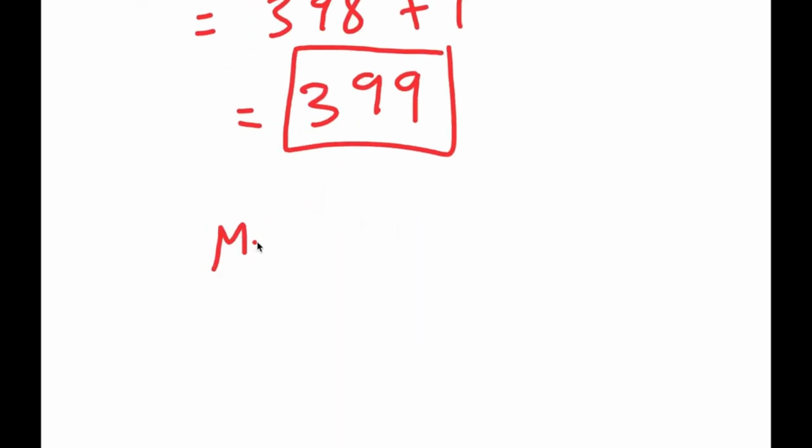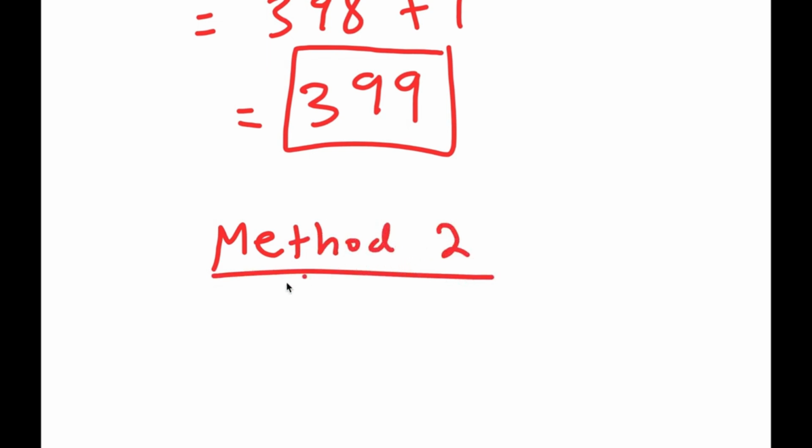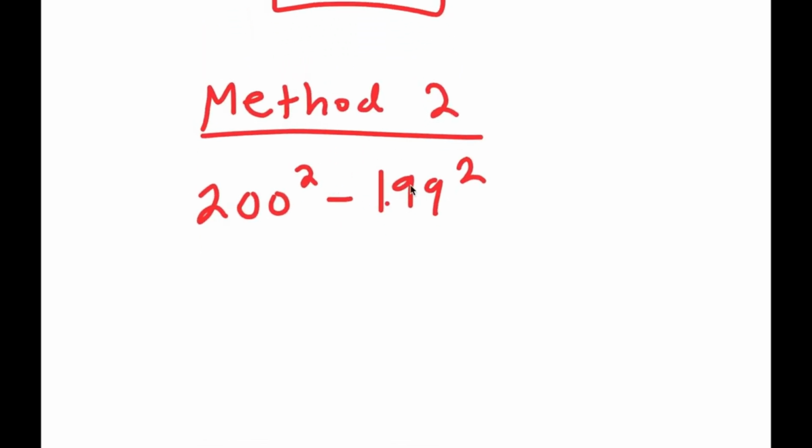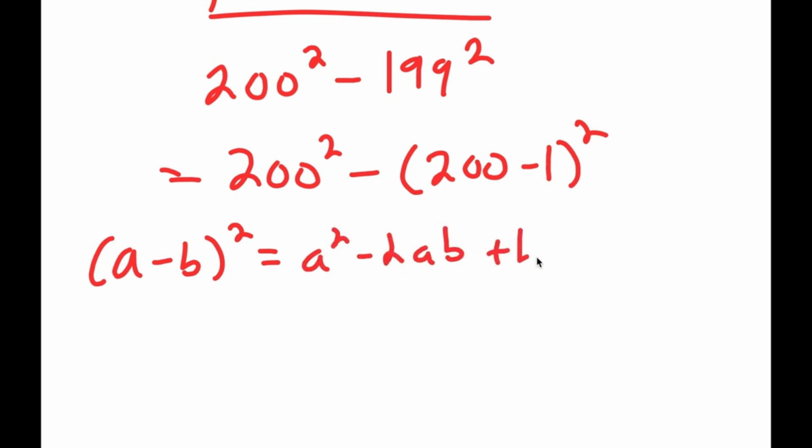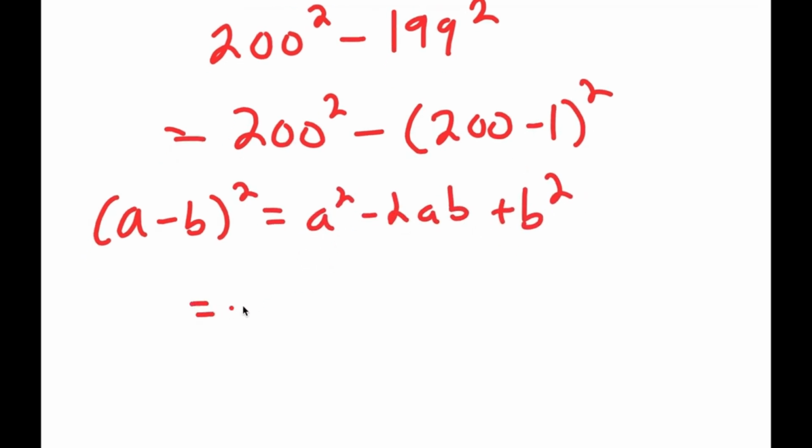Now for method 2, I have 200 squared minus 199 squared. And now I'm going to rewrite 199 as 200 minus 1 squared. So now I get 200 squared minus 200 minus 1 squared. And a minus b squared is equal to a squared minus 2ab plus b squared. So 200 minus 1 squared